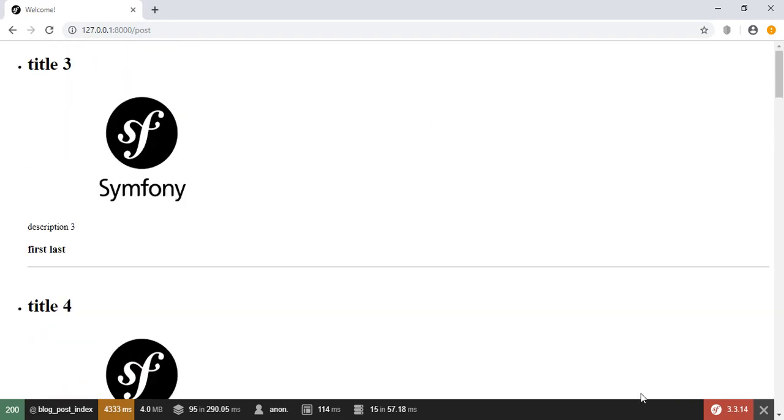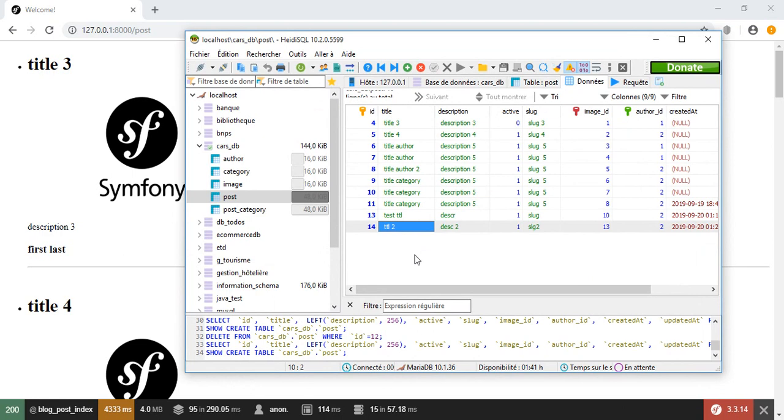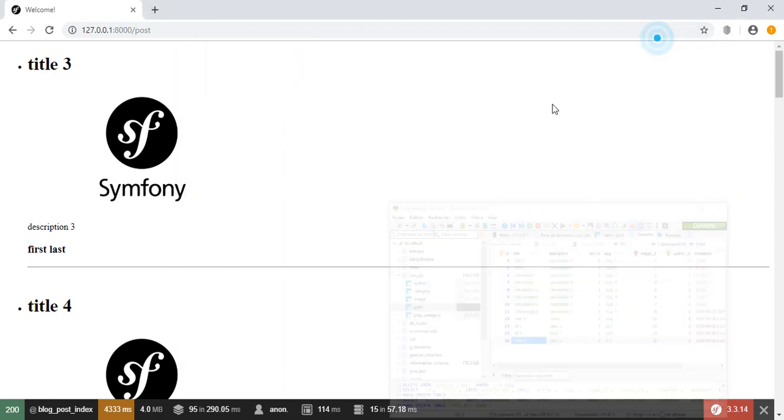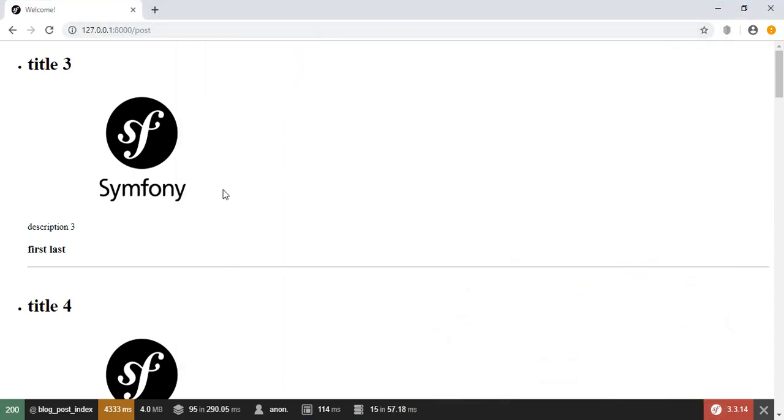And also if we go and check it on our database here, let's refresh, and we see it with title 3, the slug, and description also 3. So now we learn how to add a form inside another form. So I think it's all for this video, and